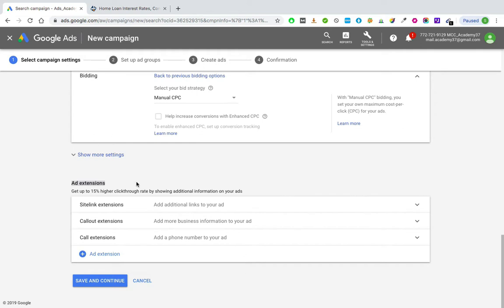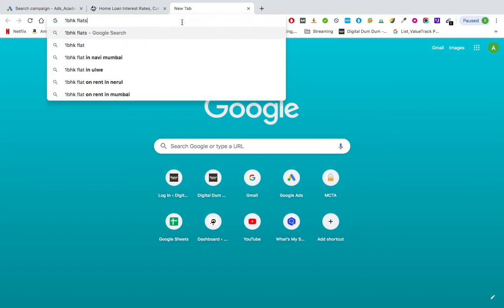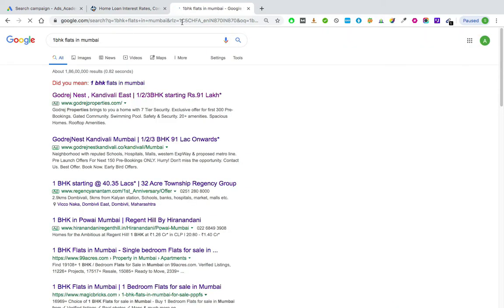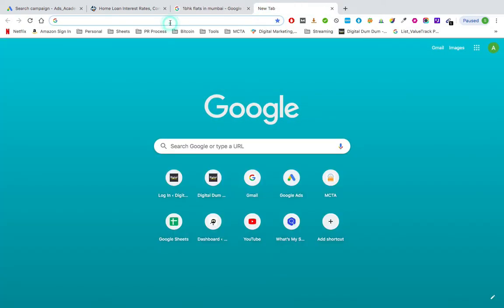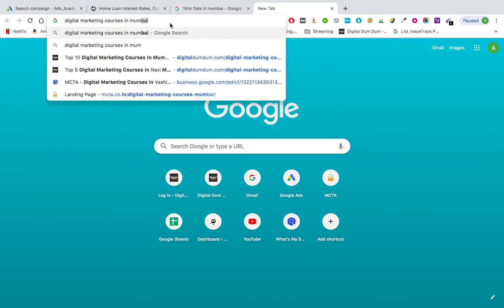Okay, so for example, let's go to Google and search for 1 BHK flats in Mumbai. I'll use some simultaneous search queries. Let me use digital marketing courses Mumbai as a search query as well.